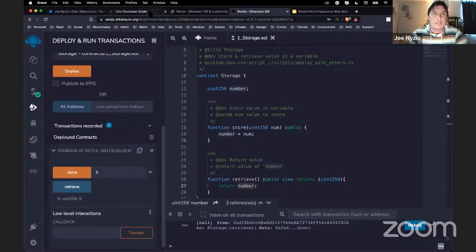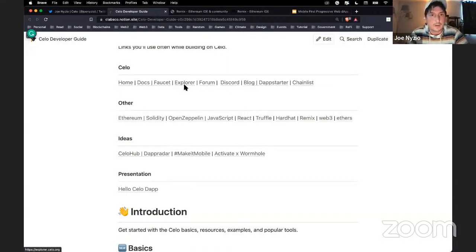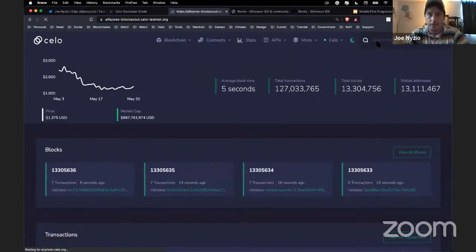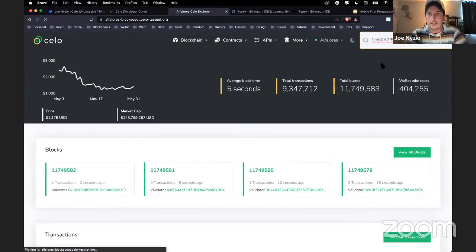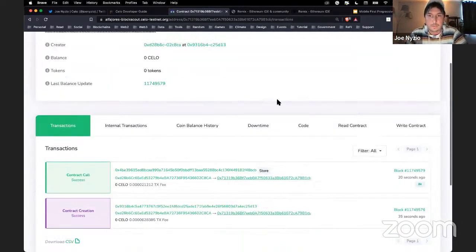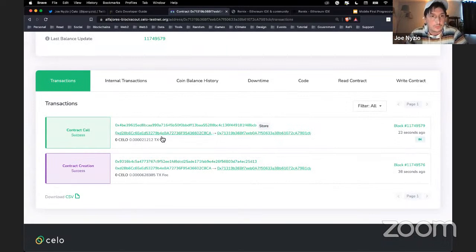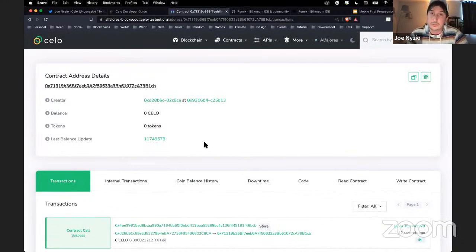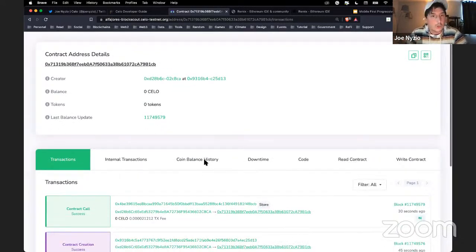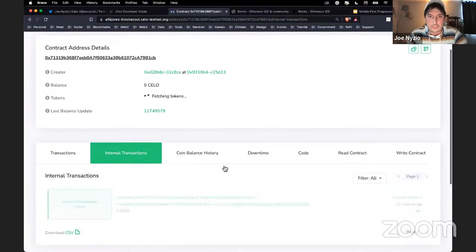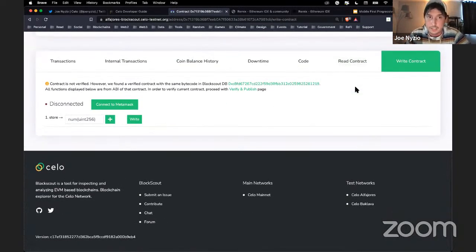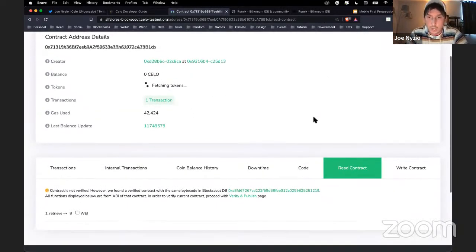Another thing is, you can go back to our block explorer, change it to the Alfajores testnet, and this contract is now available to read, write, check out all the transactions, and anything else you might want to do directly from the block explorer. One thing I'll show you here, because it's quick, is a cool thing about blockchain smart contracts: you can read and write and verify everyone else's contracts, but it doesn't happen automatically.